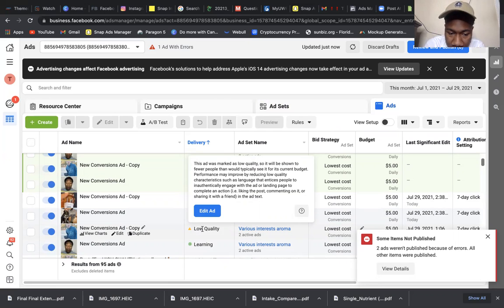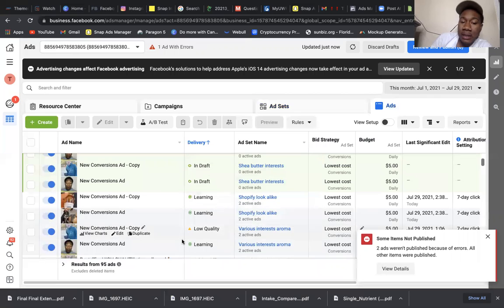For this particular one, they see that this ad was marked low quality, so it will be shown to fewer people. That basically means I need to edit something in it, either the budget or the language. For this one, I think it's the wording I put in there. But that needs to be edited to improve and get it into the learning phase.